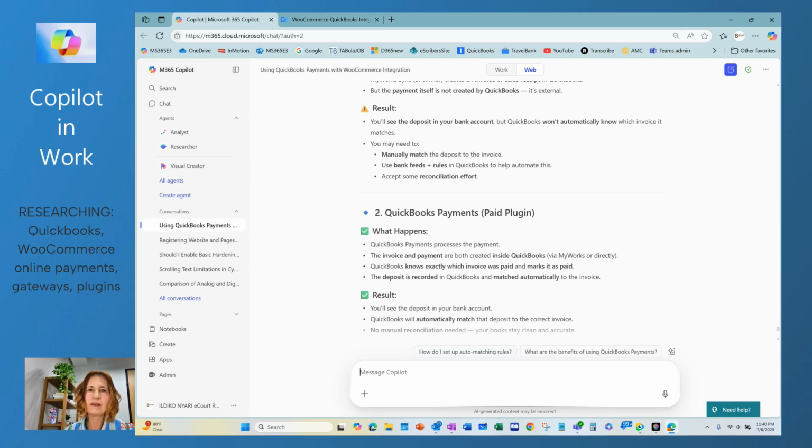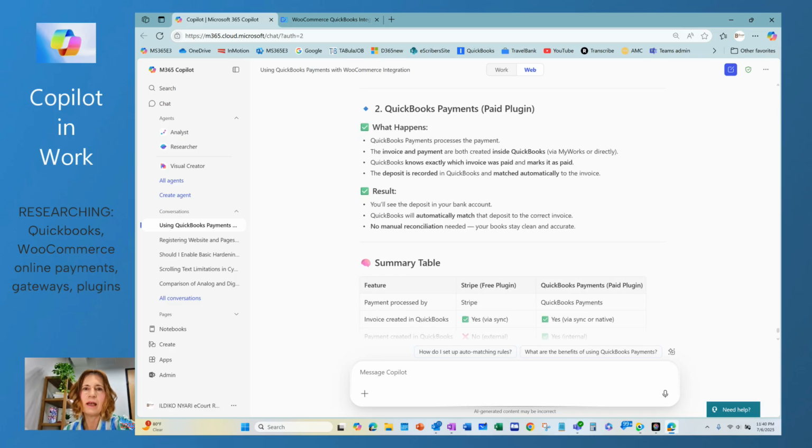So the result is you will see a deposit in the bank account, and QuickBooks won't automatically know which invoice it matches, right? So you may need to manually match the deposit to the invoice. So use the bank feed and the rules in QuickBooks to help automate this, and I need to manually reconcile, or